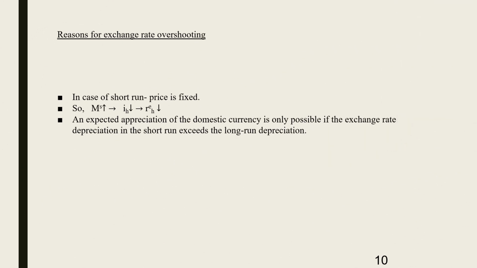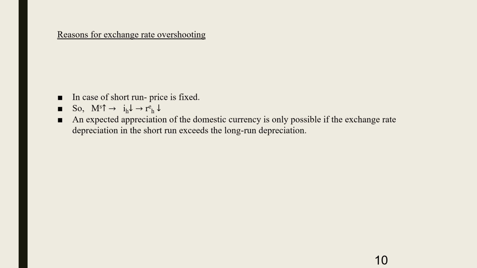Now we all have a question in our mind: what are the reasons behind the exchange rate overshooting? Suppose given the domestic prices are fixed in the short run and the money supply expansion creates an excess of real money balances which are only willing to be held at a lower domestic interest rate. According to the uncovered interest parity condition, a fall in the domestic interest rate means that international investors will require